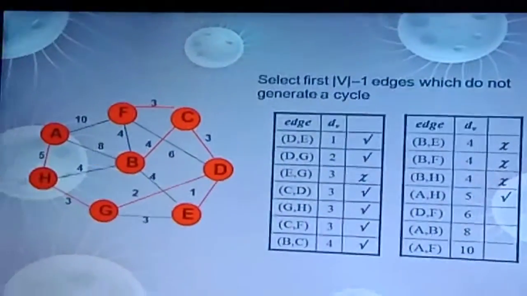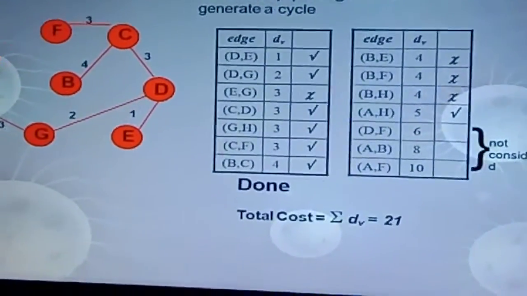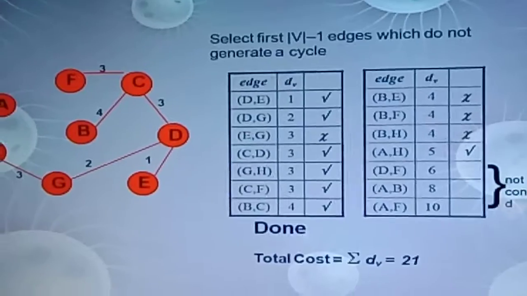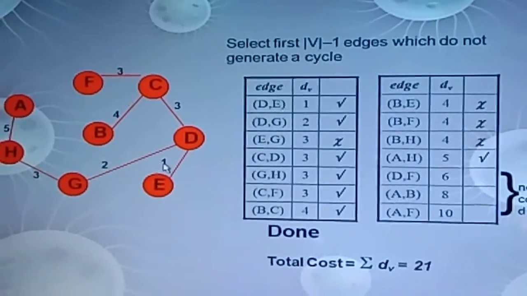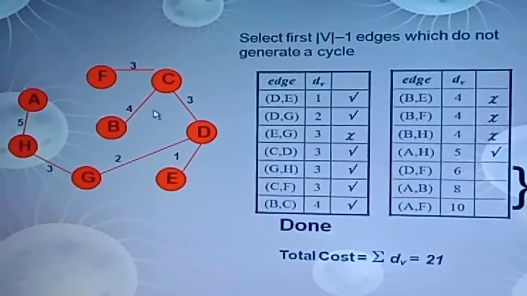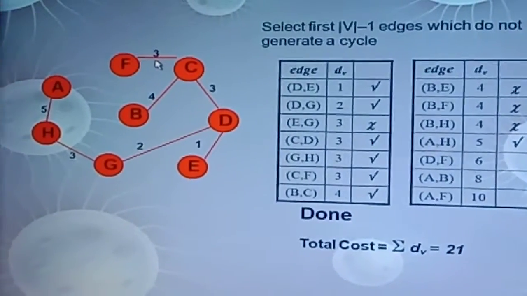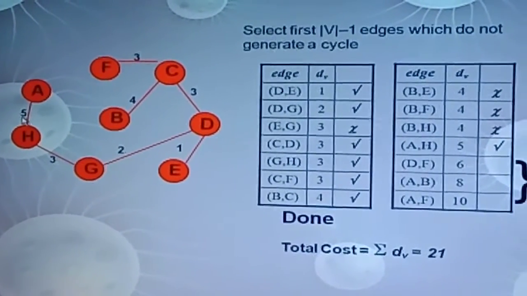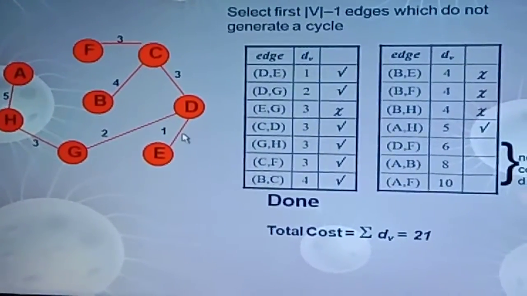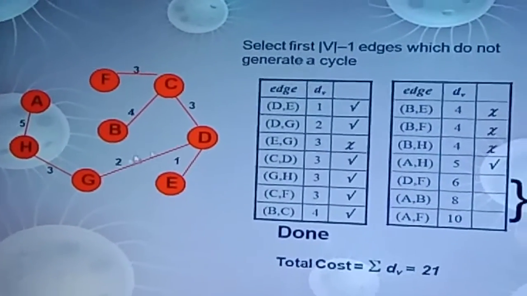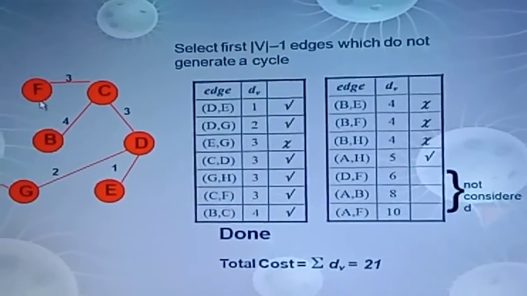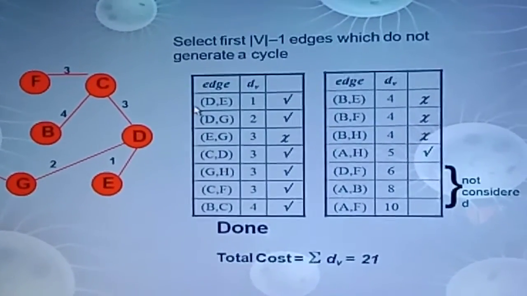And D to F, which is already traversed, no need to consider these because this spanning tree is already constructed, but the cost of the spanning tree is the same as the initial one, that is 1 plus 2 is 3, 3 plus 3 is 6, 6 plus 3 is 9, plus 3 is 12, plus 4 is 16, plus 5 is 21. So here we are assigning the new costs which were already replaced in Prim's algorithm in earlier iterations, that is 1 and 2. So 2 is already available, 1 is replaced with the earlier iteration values, and also F cost, that is 18, is replaced with the earlier value.